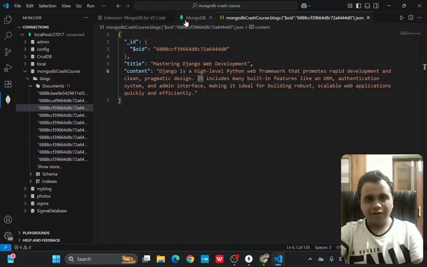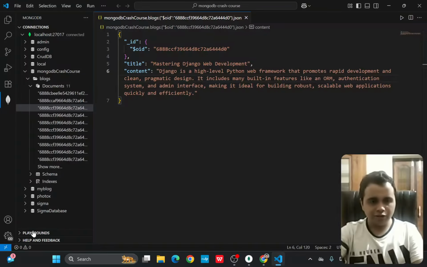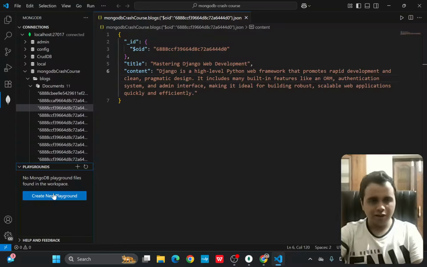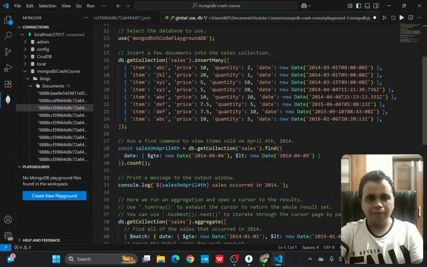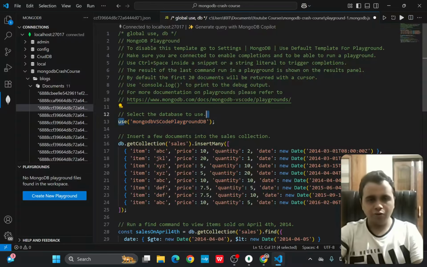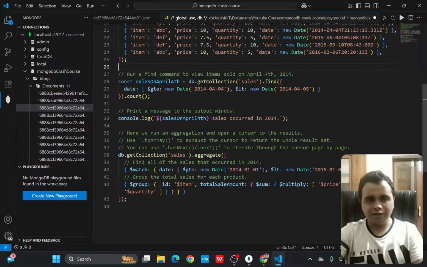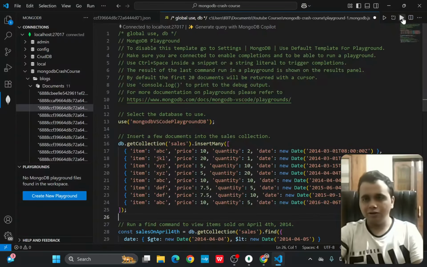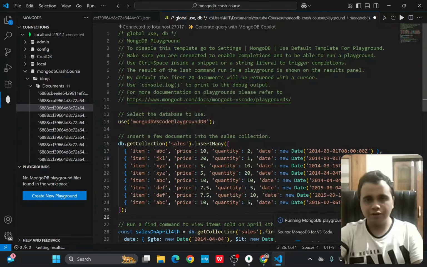Another benefit is that we don't have to go to the MongoDB shell again and again. Here we have this playgrounds option. If I click on create new playground, you can see it has given me a bunch of code: use MongoDB VS Code playground DB, then we have this collection where it has inserted many things. Now I'll click on this run icon and it will show me a confirmation box. If I click on yes,